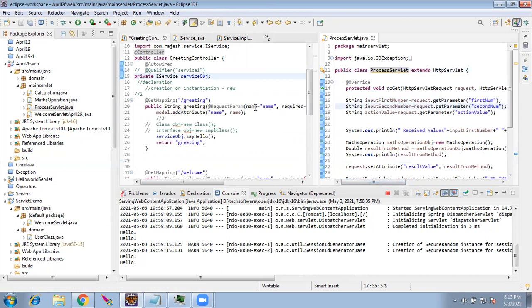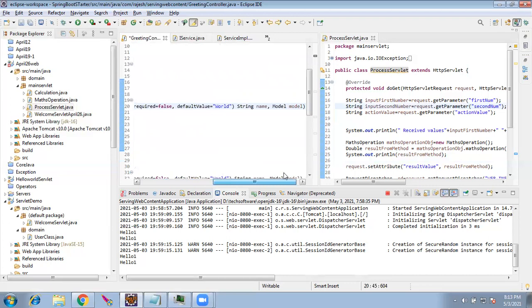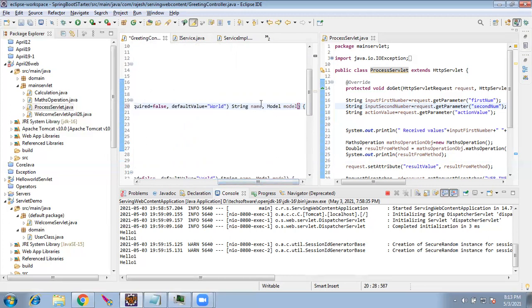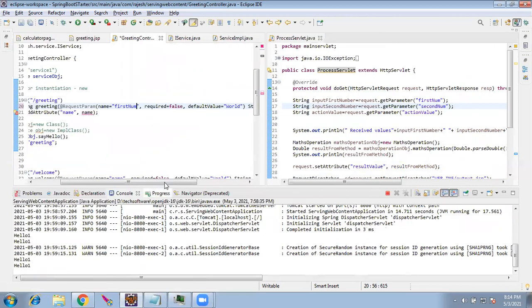The same way, in the controller, I am receiving the number here. Just one parameter, let's take it as number 1. I'll copy this and name it as first num, the same as we wrote in the servlet, just to make sure.